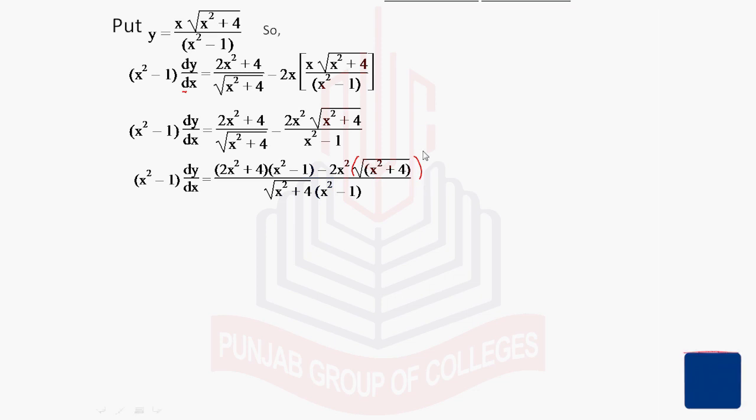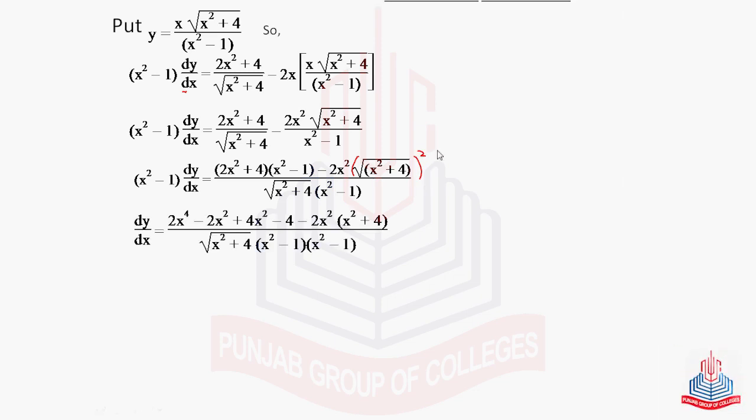So we have this x square minus 1 is also shifted towards right hand side, so that will become actually divide from these two terms, 2x^4 minus 2x square plus 4x square minus 4 is actually simple product of these two terms, minus 2x square, and this square will be cancelled out, so we have x square plus 4, and that is 2x^4 plus 2x square minus 4, this minus 4x square and this plus 4x square will be cancelled out, we have minus 4 and minus 8x square.